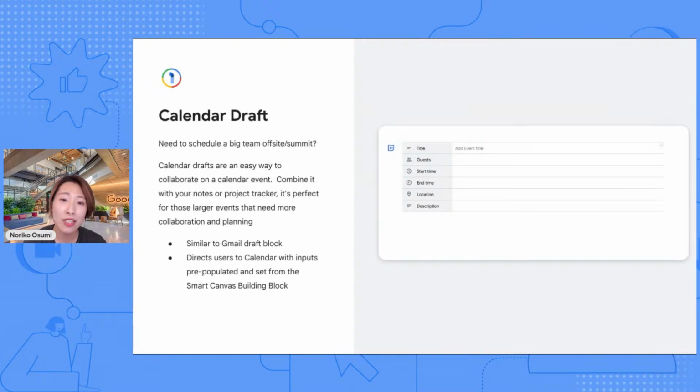So the next building block that I'll talk about here is calendar draft. This feature is relatively new among our building blocks functions. It's similar to the email drafts that I mentioned before. Now, as for creating this calendar draft, again, this use case is typically going to be when you need to